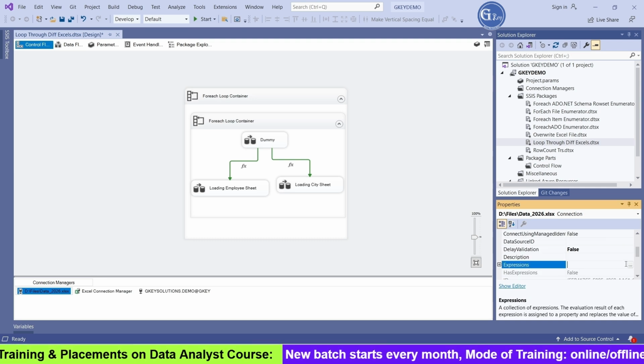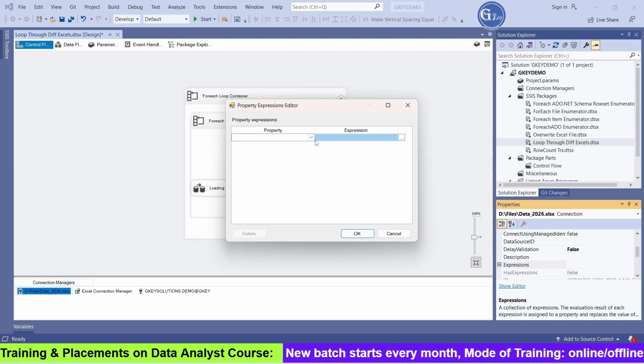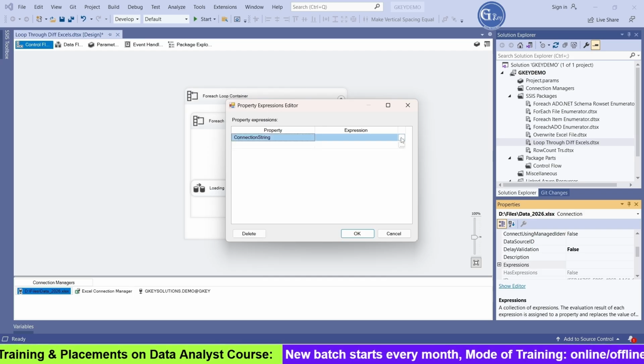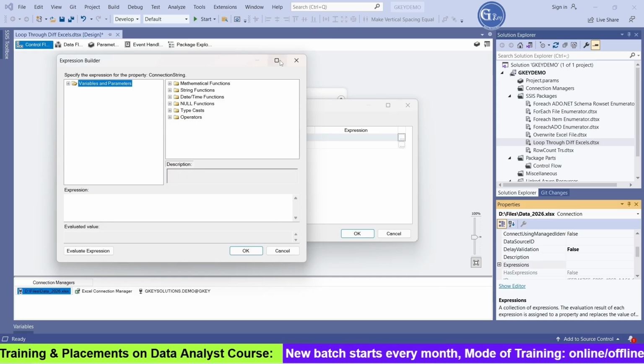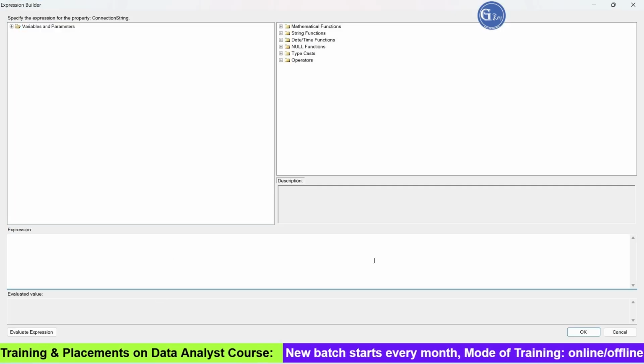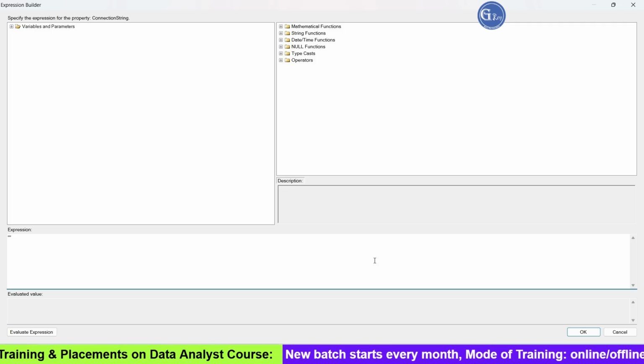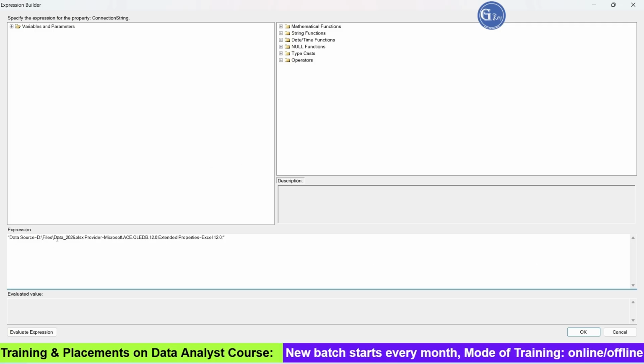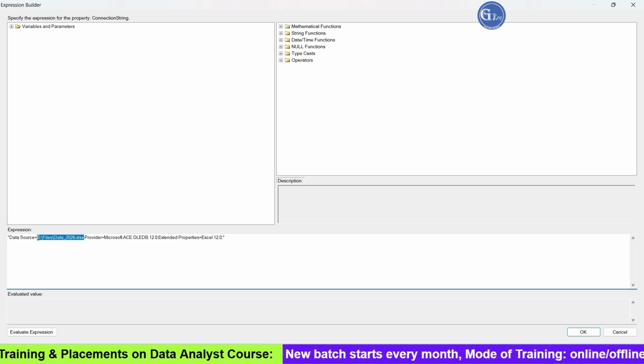To make the connection string dynamic, we have to get into the expressions. There I am taking the connection string. In expressions, I am copy-pasting these things in between double quotes. This is the default value that we have given,